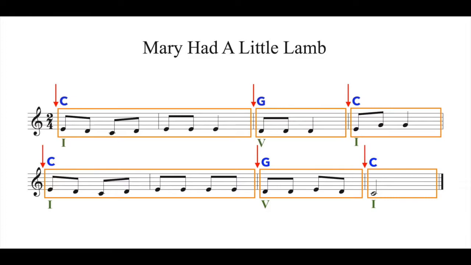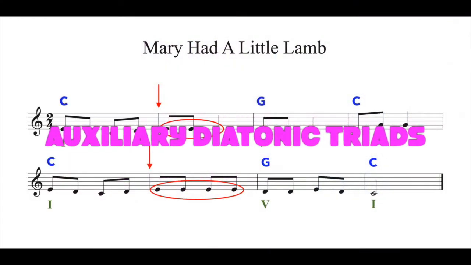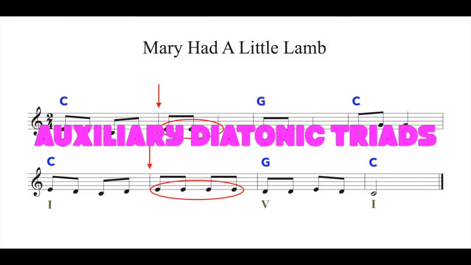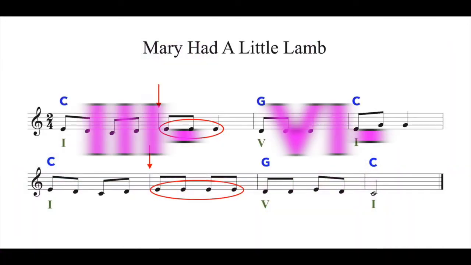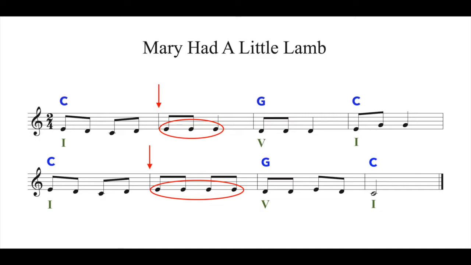Given what we have so far, the only empty spots are at the downbeats of measure 2 and measure 6. Both contain only the mediant. Since we've already used the 1 chord and the other 2 primary diatonic triads don't have this note, it's time to bring in the auxiliary diatonic triads. The 2 auxiliary chord options are the minor 3 and the minor 6. The 6 has a definitive tonic function, while the function of the 3 is a bit ambiguous.